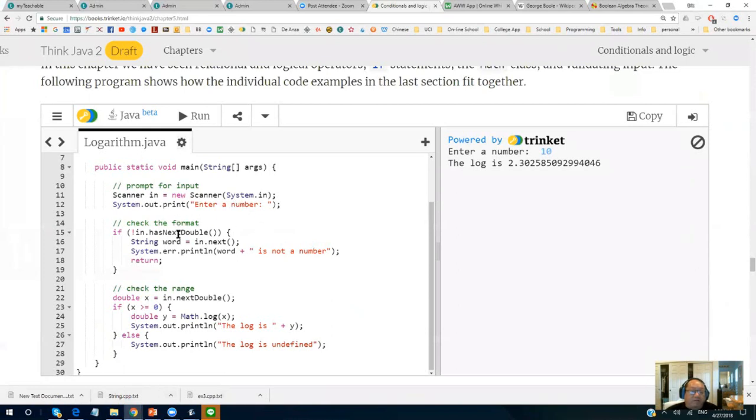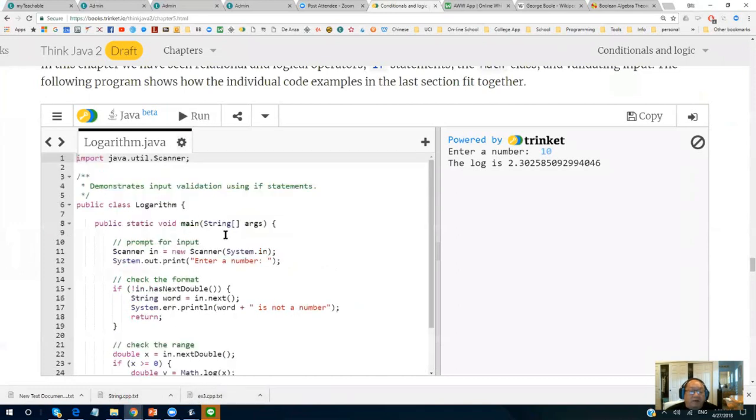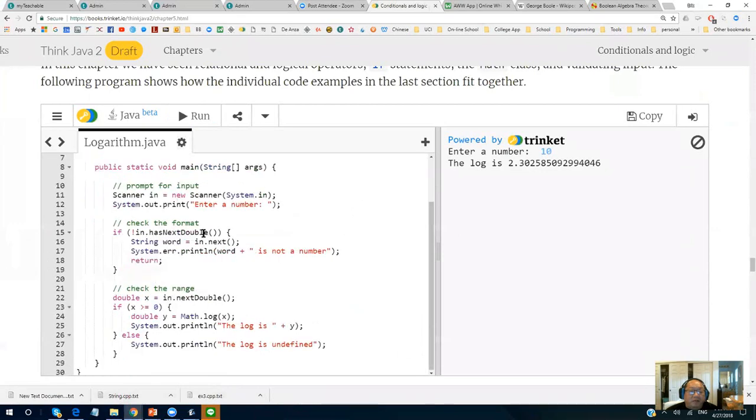After we prompt, we check for the format, and if the format is acceptable, we're going to do something. If not, we just break or return or just loop back for the while done to take care of it.